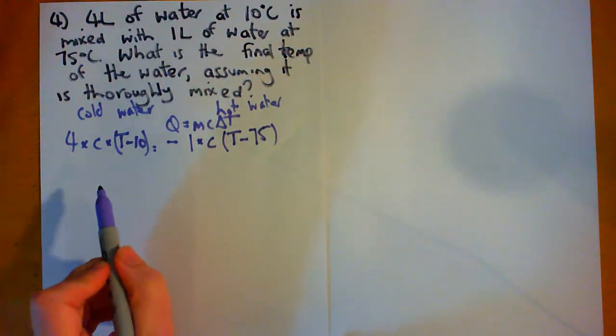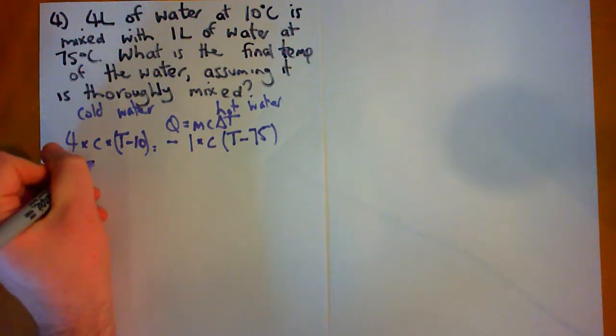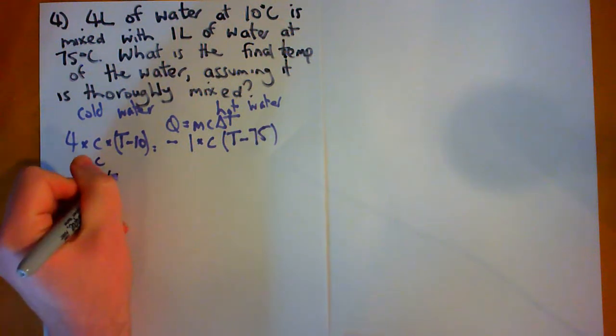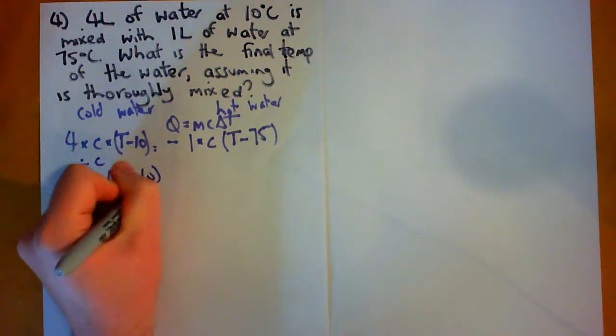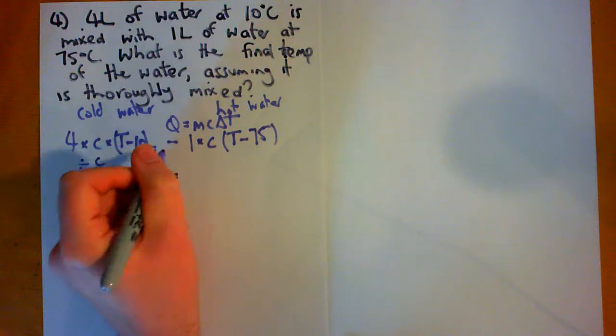Okay, so c on both sides is the specific heat of liquid water. That will be the same. That is 4184 for both sides, so we can just divide both sides by c. So therefore, we get 4 times (T minus 10) equals, with c divided out,